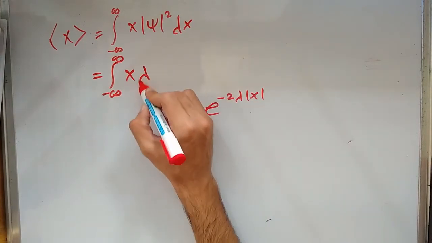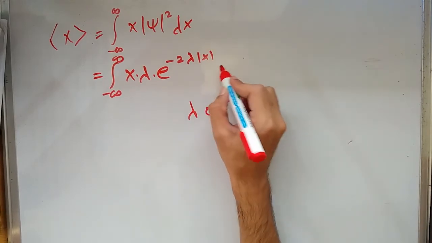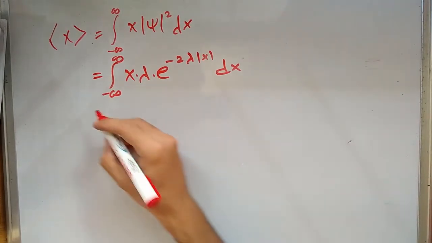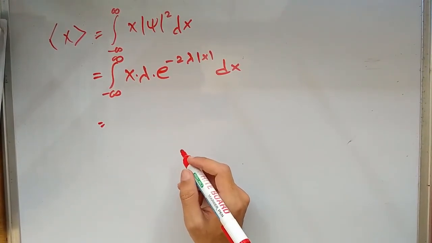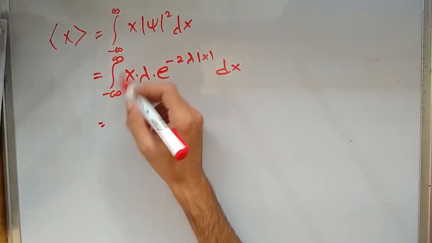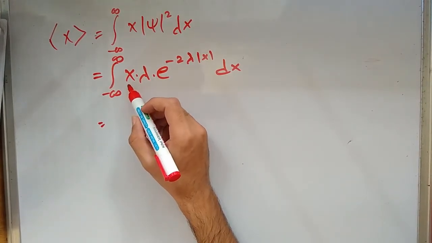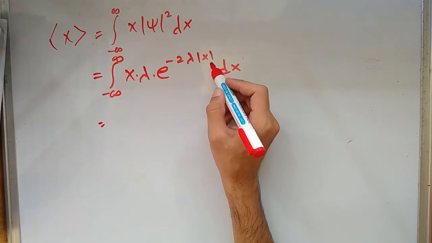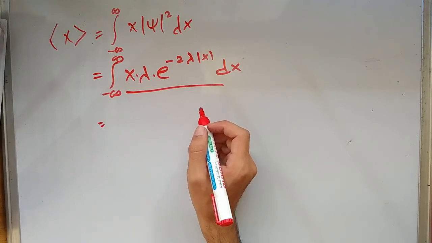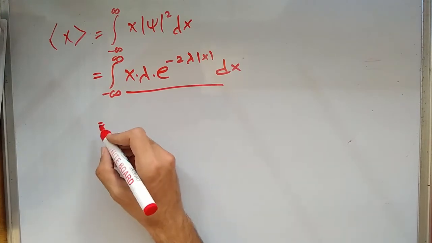x into lambda, constant lambda, e to the power minus lambda mod x dx. Now this integral we can directly solve because it is integrated over symmetric boundary conditions. x is an odd function and mod x is an even function. That makes this entire function odd, and by properties of definite integrals, any symmetrical integral, for example